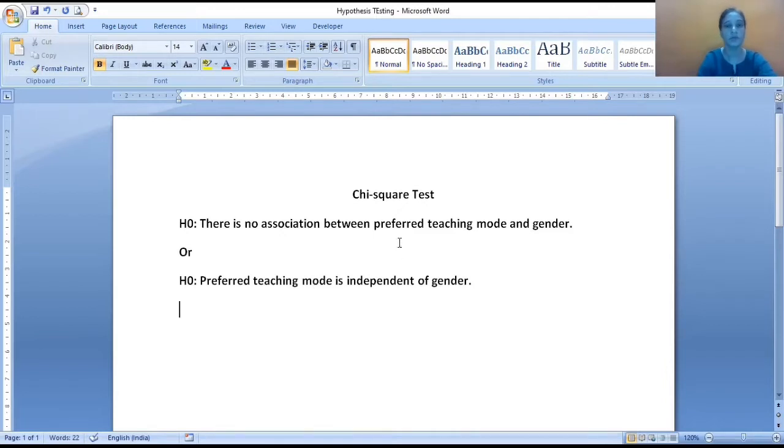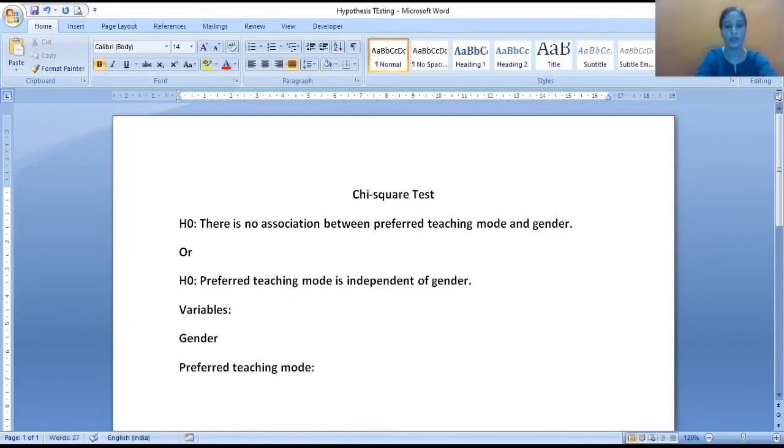We should know that if we are taking chi-square test as a non-parametric test, we should have two variables and both should be measured on categorical scale or nominal scale. So here we are checking firstly our variables. Our variables are gender and preferred teaching mode.